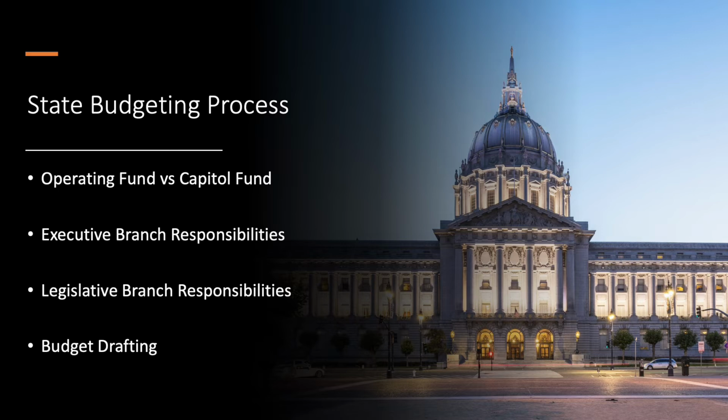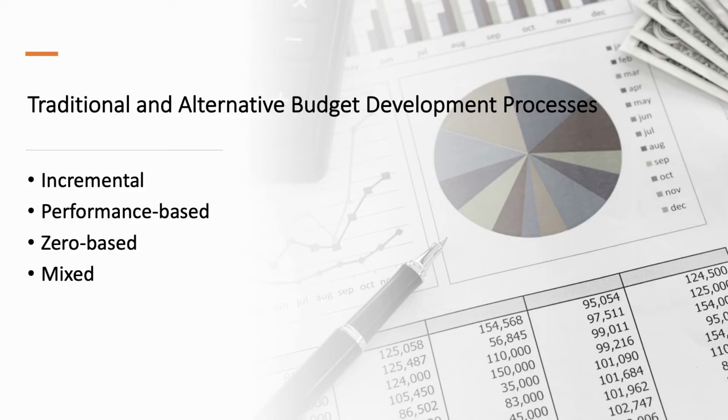The ideal is to get a budget passed on time, but sometimes that doesn't always happen, and so their approach to managing that process varies from state to state. There are several different approaches to budget development used at the state level. I'll provide an overview of 4 here today, and those 4 are traditional or incremental budgeting, performance-based budgeting, zero-based budgeting,